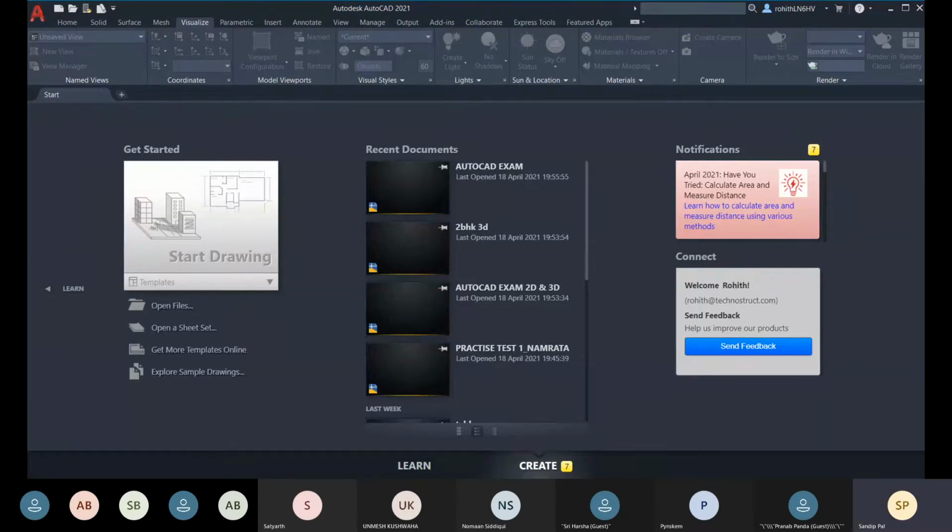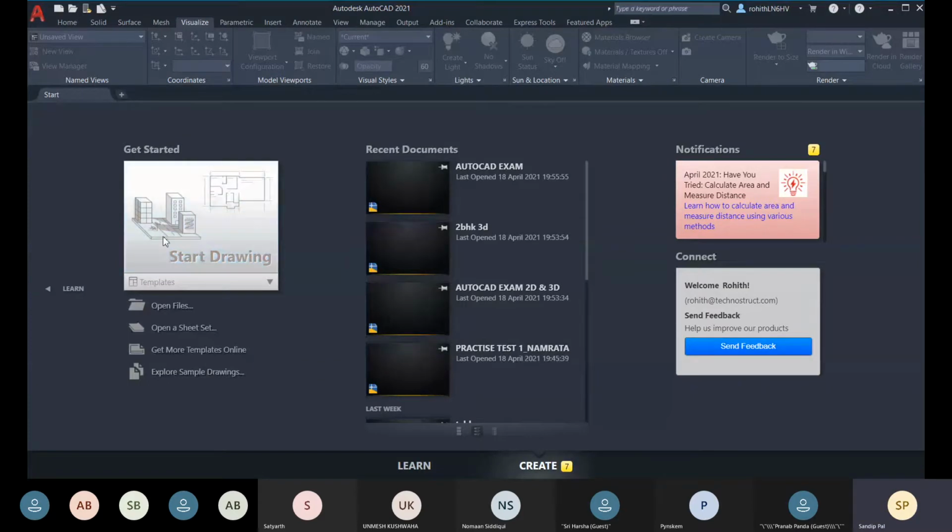Okay, so here you can see that we have this get started window. So if you click on this window with a default template, I'm coming to this template, what is called template, I will come to this part later. Before that, let me just tell you, if you click on the start drawing, with a default template you will open a drawing file.